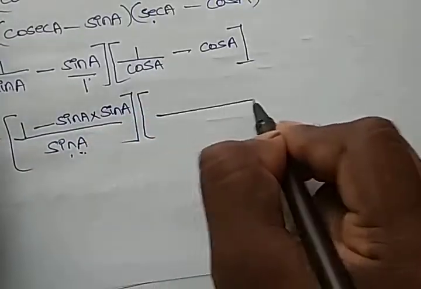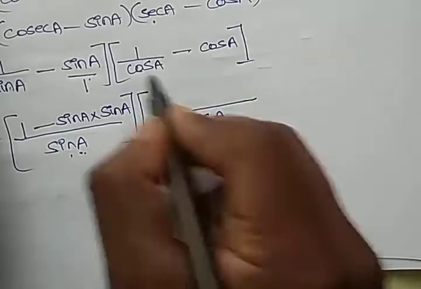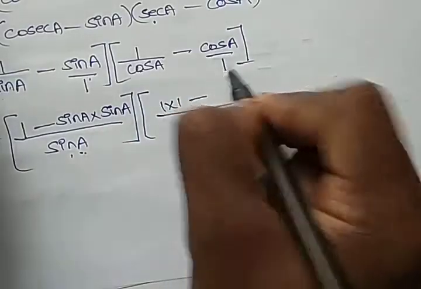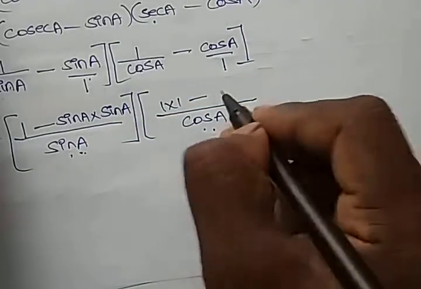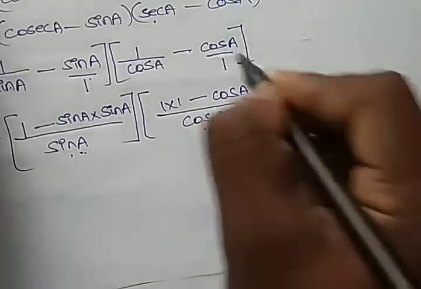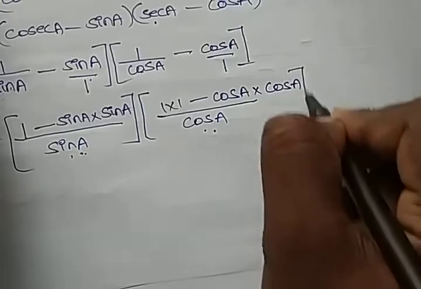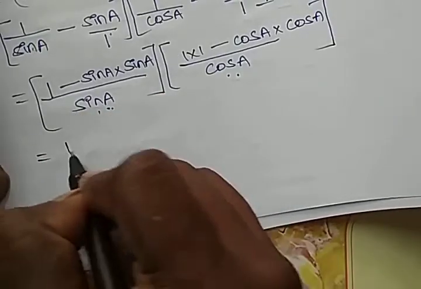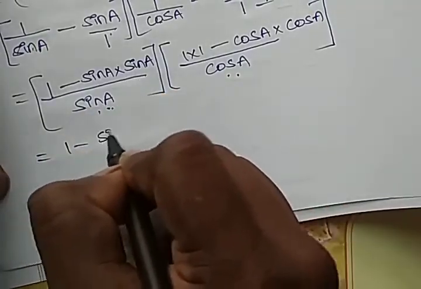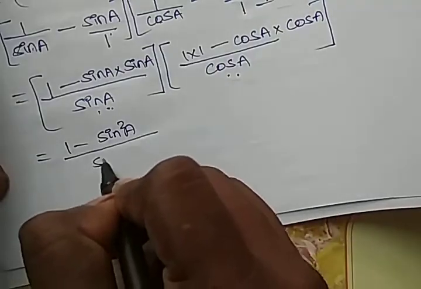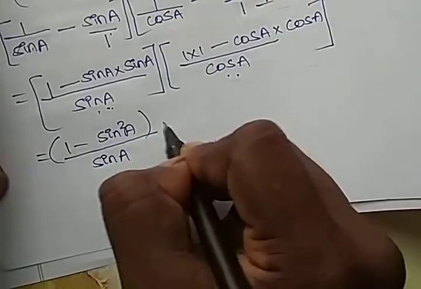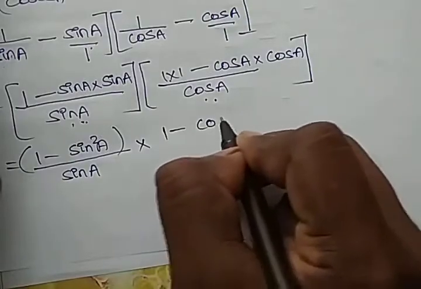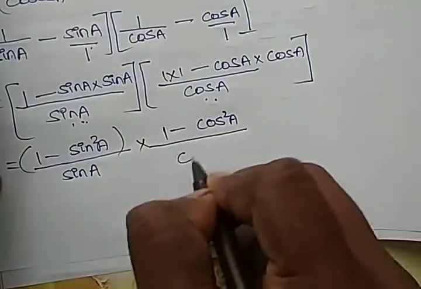Bracket, here cos a is the denominator LCM, cos a goes in LCM one time, so 1 time into 1 minus this denominator is 1, so 1 goes in cos a times into cos a, the LCM is already there, which is equal to 1 minus sin a into sin a, sin square a by sin a, into 1 minus cos a into cos a is cos square a by cos a,